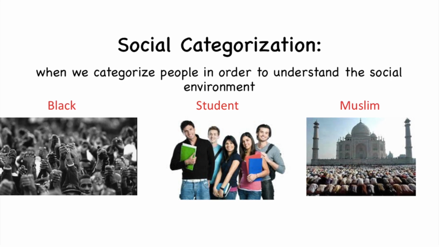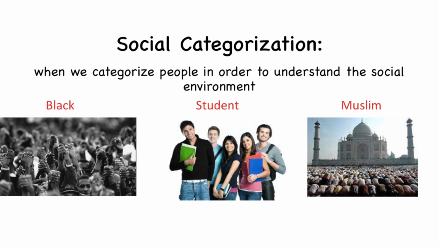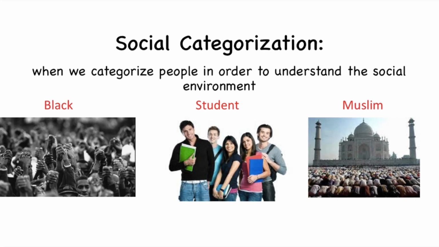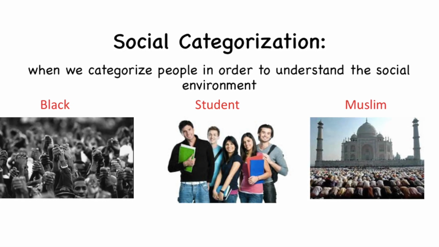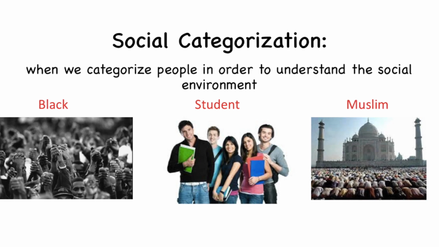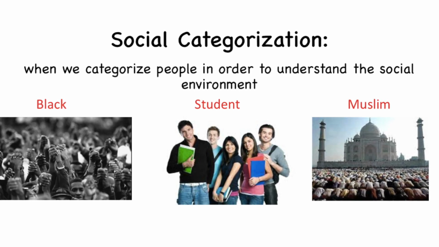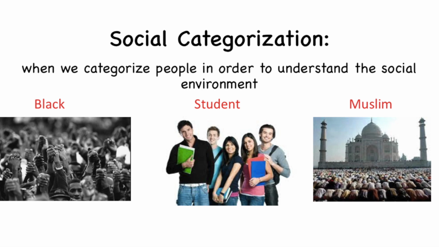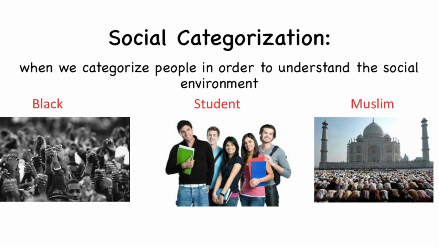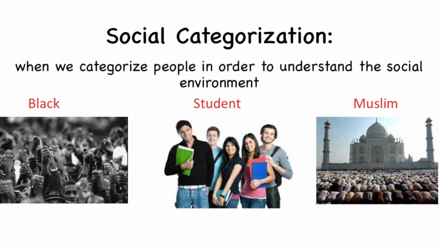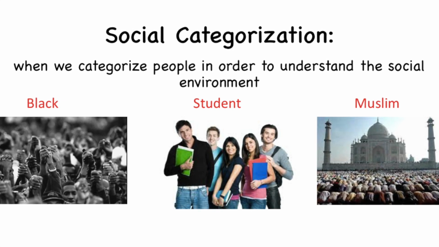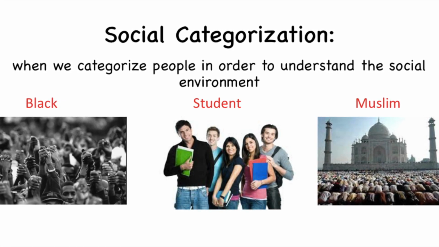We use social categories such as black, white, professor, Christian, Muslim, student, and bus driver because they are useful. If we assign people to a category, then that tells us things about those people. An individual can belong to many different groups. The next stage of the process is